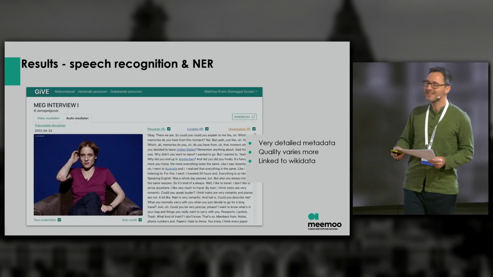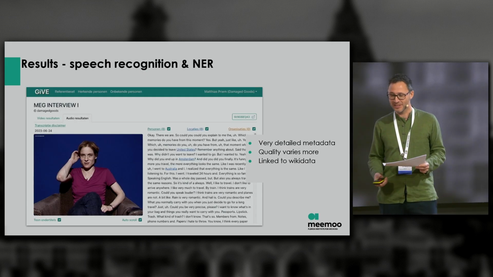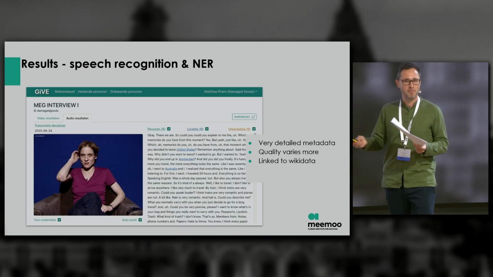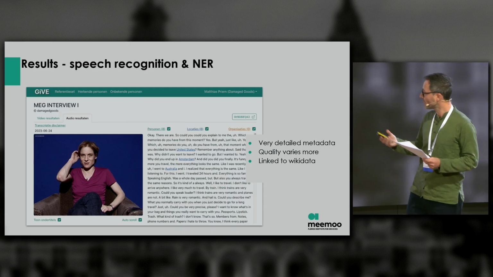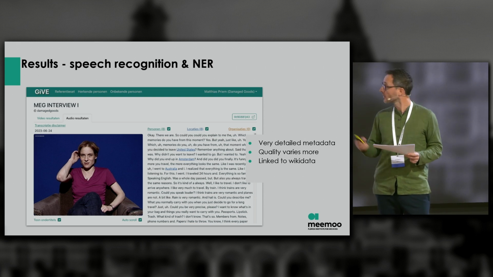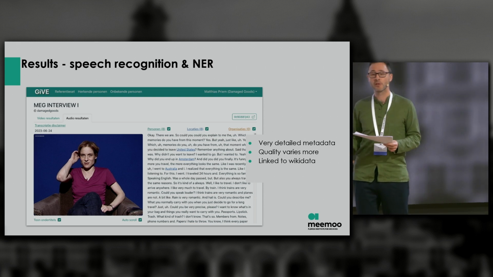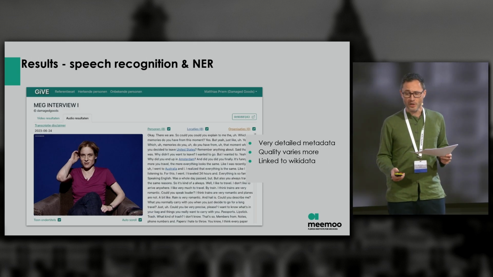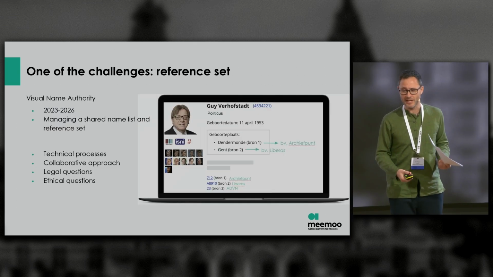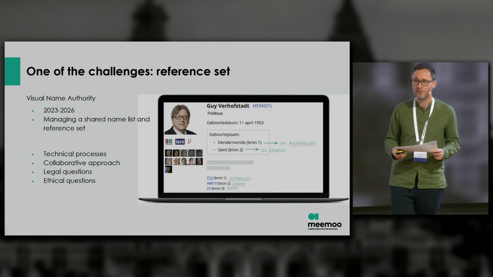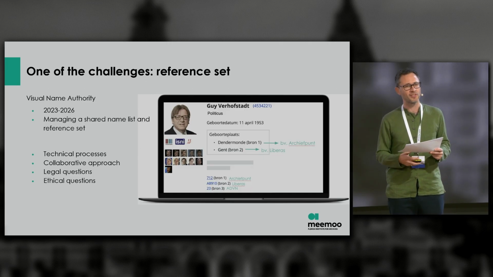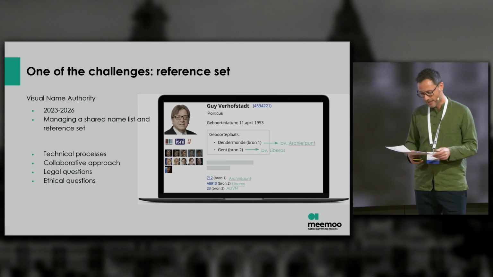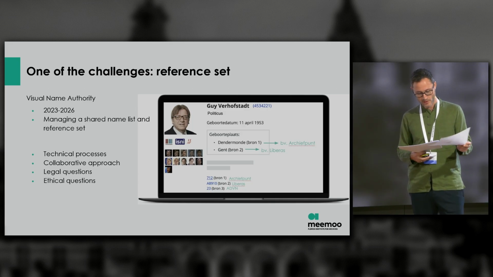All right. Speech recognition and named entity recognition, also there, very detailed metadata. Quality varies a bit more. Also there, concepts like geographic locations are directly linked to Wikidata. One of the remaining challenges that we had was this reference set. I already said it is a very time-intensive thing to set up, and so we asked ourselves the question: